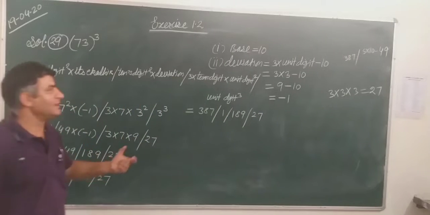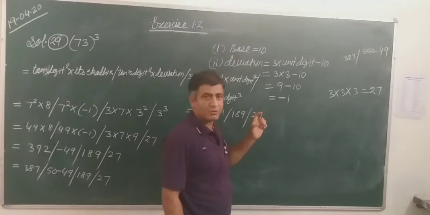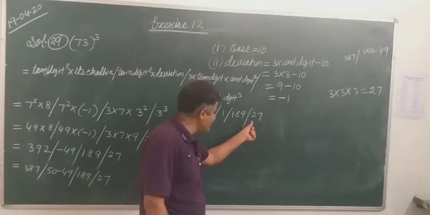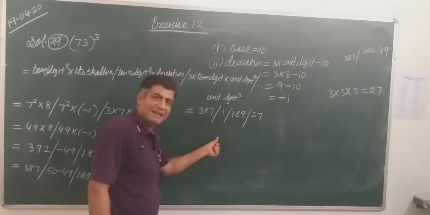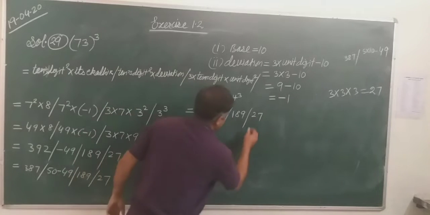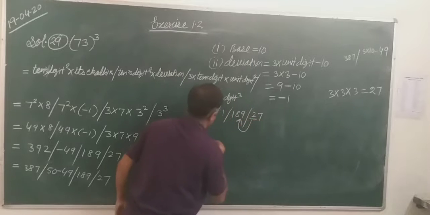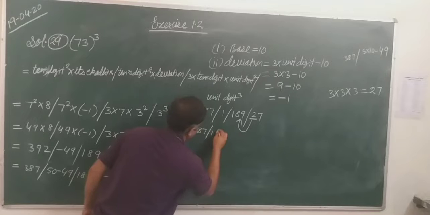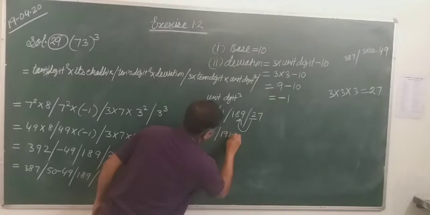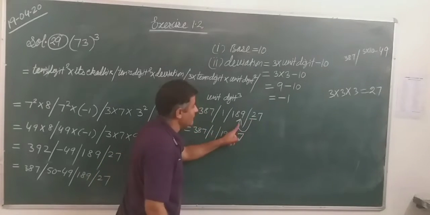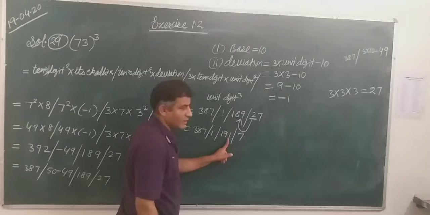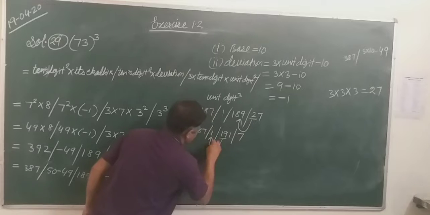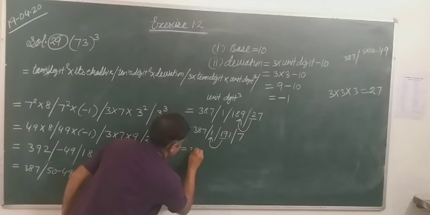Now in the base there is 1 0. In the base there is 1 0. So I can put only one digit in each oblique, and the rest of the digits I will add in the next oblique. So from here it is 2. I will add 2 here. So what will be next? 387 oblique 1, then 191 oblique 7. You will add 2 to 189, then the sum is 191. Then I will leave 1 digit here and the next 2 digits I will add in the next one.